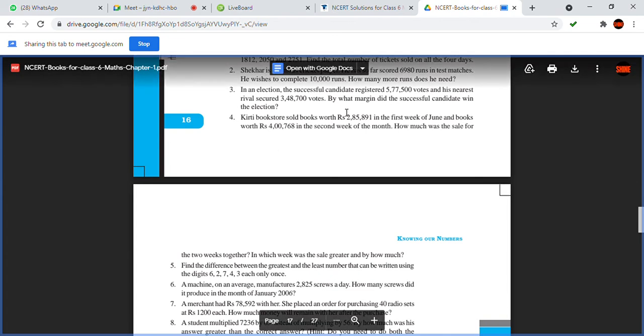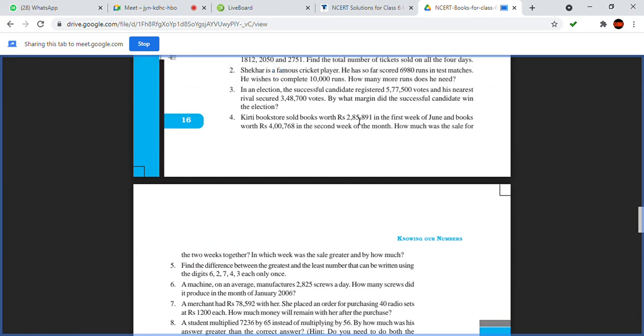Then we can subtract the first week rupees from second week. Okay, second week minus the first week rupees, we can see how much money difference is there, that we can find. Okay, so you have to write step by step. First you write